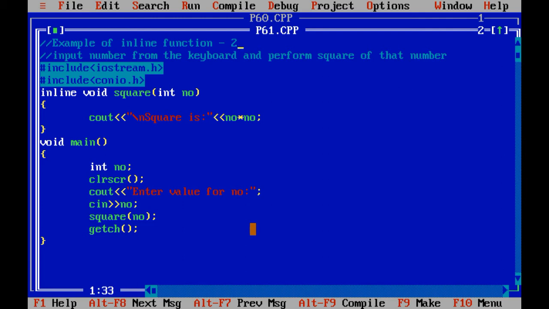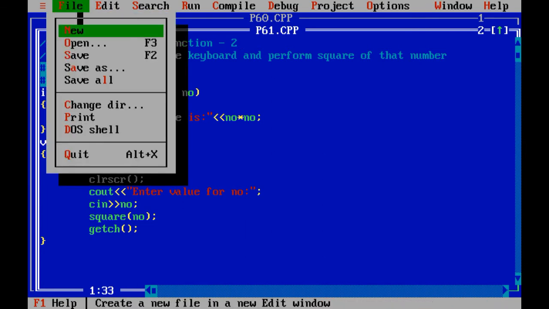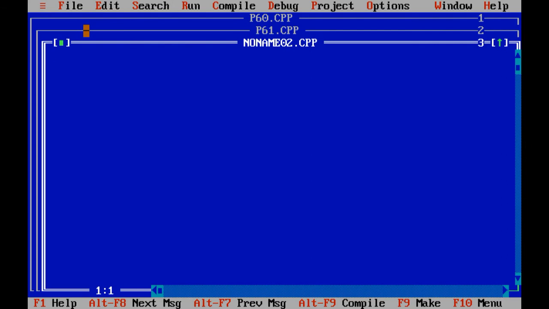Two major things it provides. Number one, it directly loads from the memory. So if frequent function call is there, at that time you can create such type of function using inline function, so that you can get a good speed and it consumes less time while the execution of program. Let me take one new program. The inline concept is completed over here.